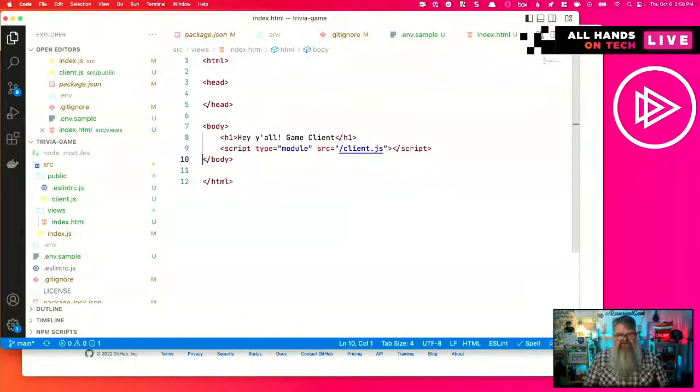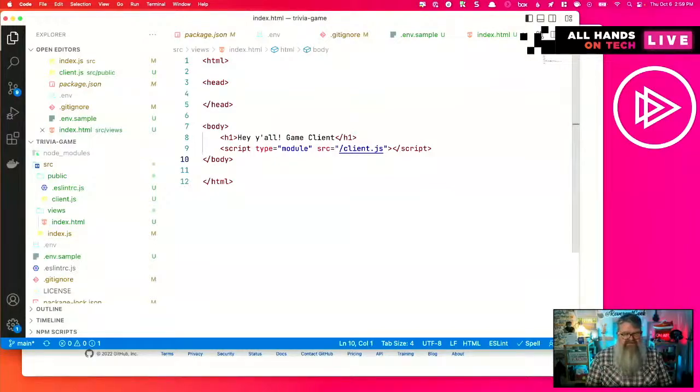Somewhere down the road, we may want to refactor this to use just regular JavaScript. We'll use something like a transpiler or maybe Webpack or some alternative to Webpack to do the transpilation. But for now, we're just going to be blissfully